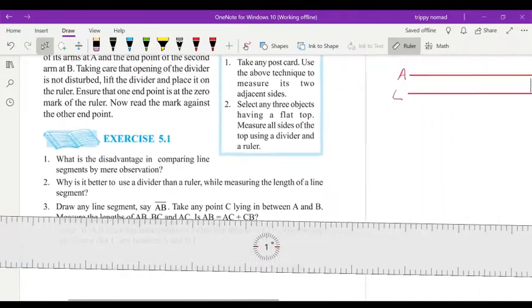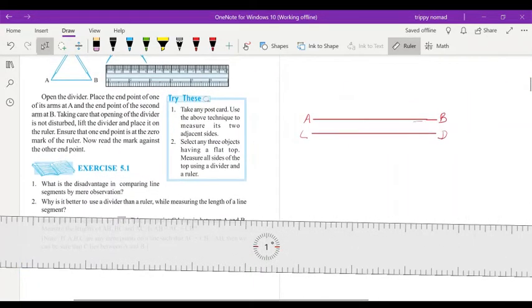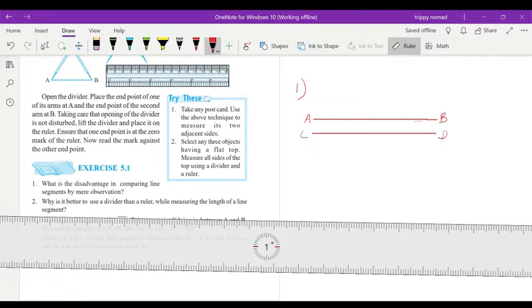Here I have drawn two line segments for question number 1 for you, AB and CD, children. I keep my scale open here so that whenever it is required in this exercise I can draw for you. So here AB and CD. Okay, here you have seen two line segments I have drawn, and there is not too much difference in the length of these two line segments.